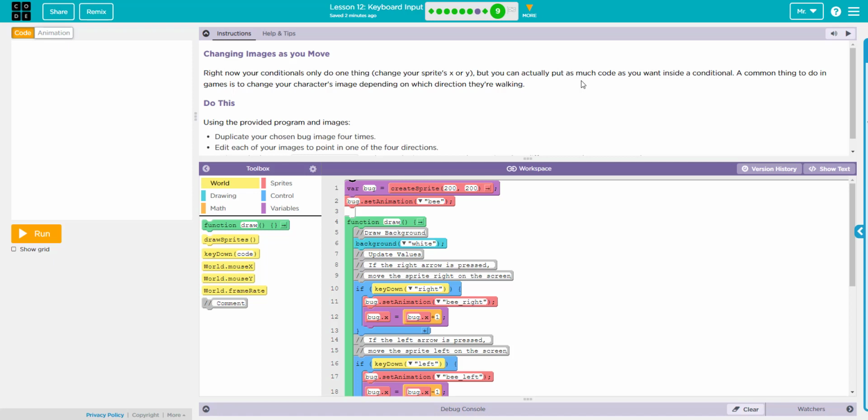Okay, so in today's lesson, we're going to be working on keyboard inputs. So we've been covering a lot of things. We've been creating our sprites and our backgrounds, and we've been programming for it to move. But up until today, we haven't had user input while the program is running. And what I mean by that is earlier we would just hit run, and the program would run however we coded it. Today we're going to be adding another important aspect of video game design, which is the user's input,